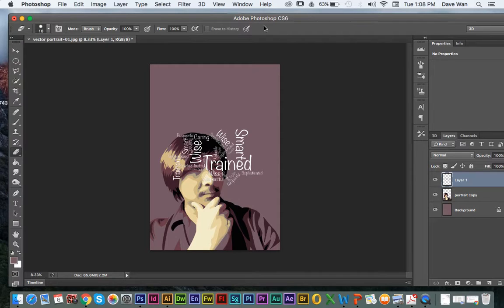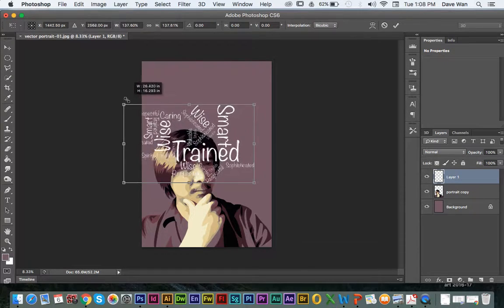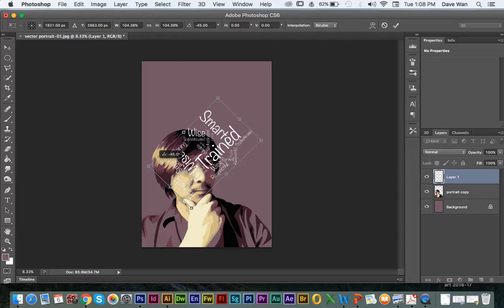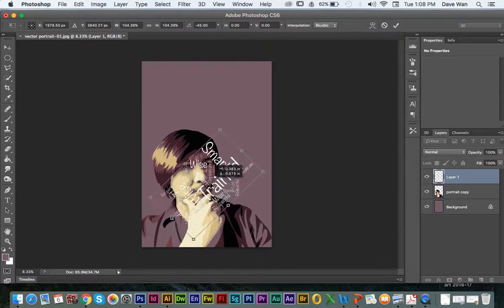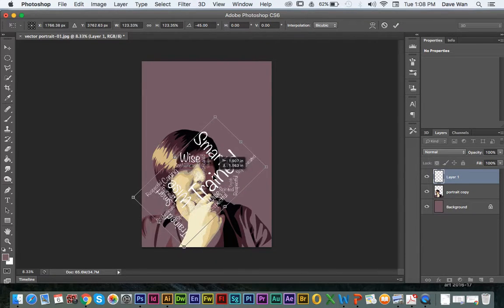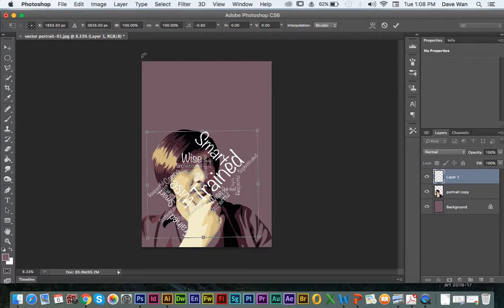Alright, and then now we're going to incorporate the words in our picture. So if you hit Command T as in turtle, this is going to allow you to resize your image. So remember, you want to hold shift and resize it, and you can also rotate it as well. If you hold shift, you can rotate it to perfect 45-60 degree angles. So you can drag it around. Now to finish the transform, this is what the tool is called, the transform. You have to double click on the transform to finish it. That way you can move it around. Otherwise, if you're stuck on this menu, you can't really do anything else on the computer. So you gotta make sure to double click to finish it. And from here,